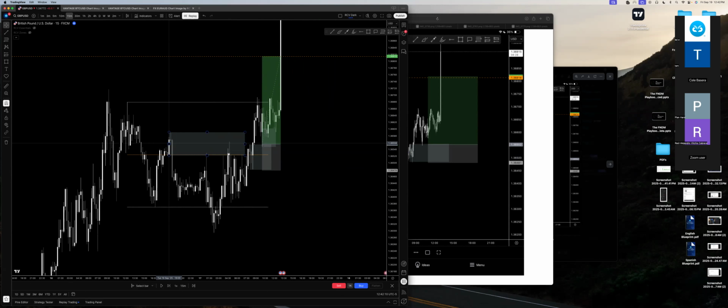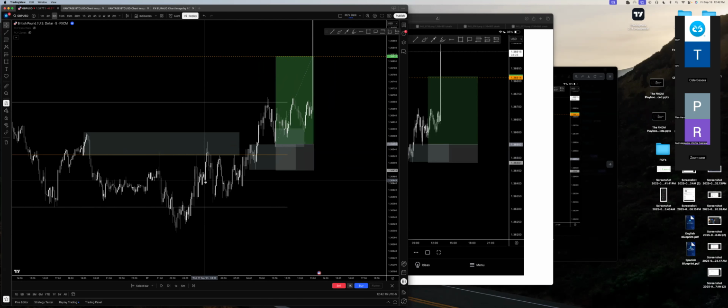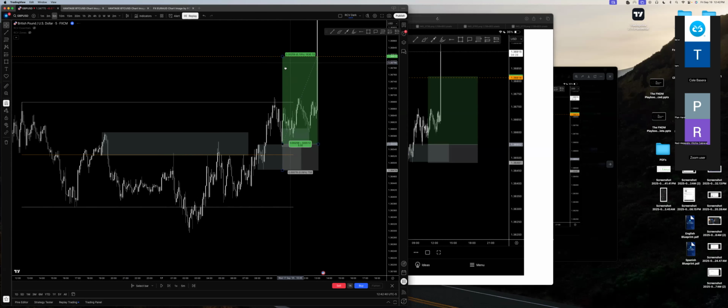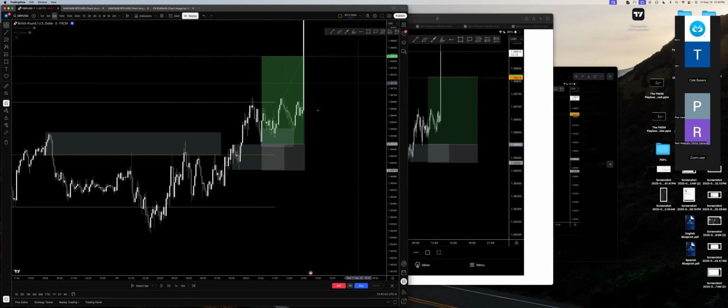We have one reaction that gives a very strong reaction. Then we came back and gave a second reaction, and this is a confirmed reaction because we had the internal structure breaks here. If we have internal structure breaks off of a POI, then that's still technically valid. But it's when we see this sell to buy zone break through the POI and confirm order flow disruption that I merely use the internal sell to buy as my entry and invalidation, and I'm aiming for the external move here. So this is about a 1 to 3, which is typical-ish for an order flow disruption model.